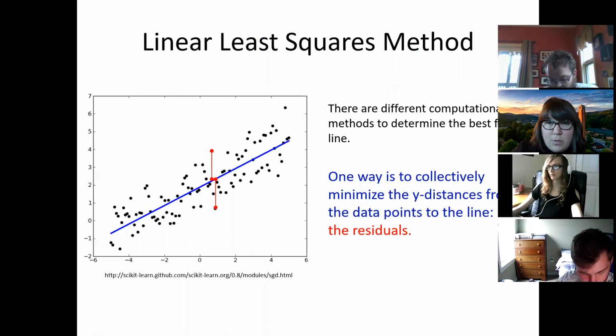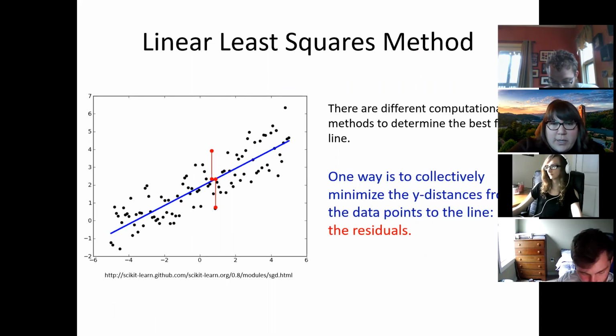Okay. Notice I am leaving off error bars right now on purpose, because there is a linear least squares regression for just points, and then there's a weighted linear least squares regression for including error bars as part of the mathematical calculations. So right now we're just talking about the simpler method first, without error bars.